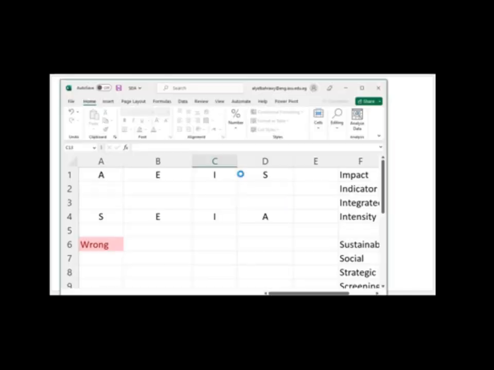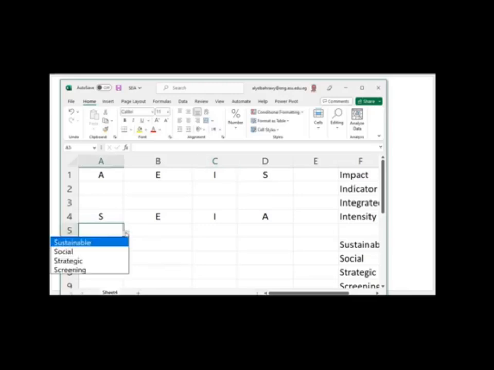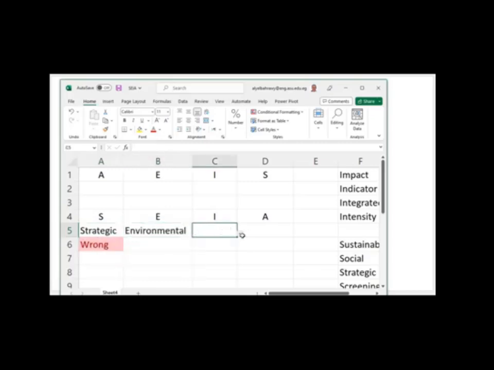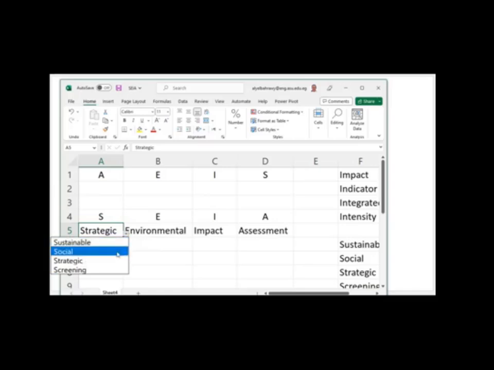Then we go to this 4-letter abbreviation, and play the same thing. For S, we can use strategic. For E, we can use environmental. For I, we can use impact. For A, we can use assessment. Again, strategic is not the proper word for S, it is social, and if I hit social, I get correct